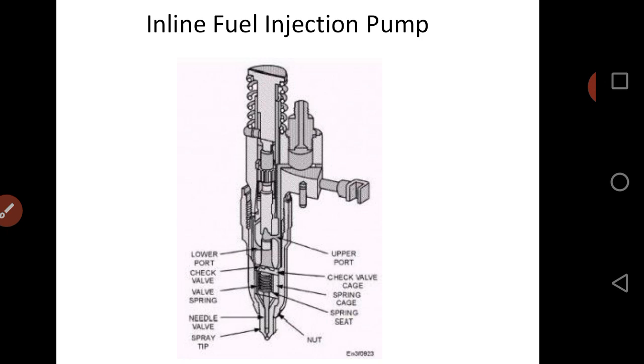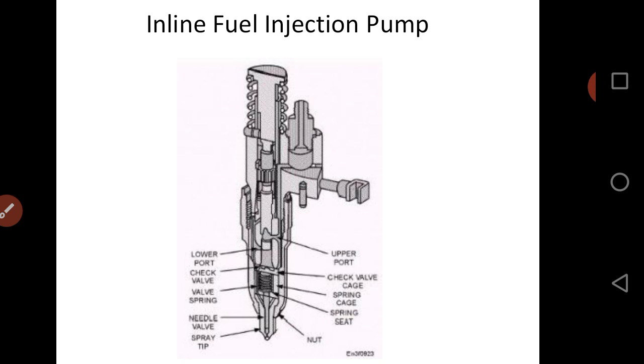So, this fuel injection pump, apart from the inline pump, in this system there will be a fuel tank. From the fuel tank, the fuel will be supplied to the feed pump. From the feed pump, it will be supplied to the inline pump through a filter. So there is the fuel tank, then the feed pump, and from the feed pump there is a filter, and from the filter we are supplying the fuel to the inline pump.